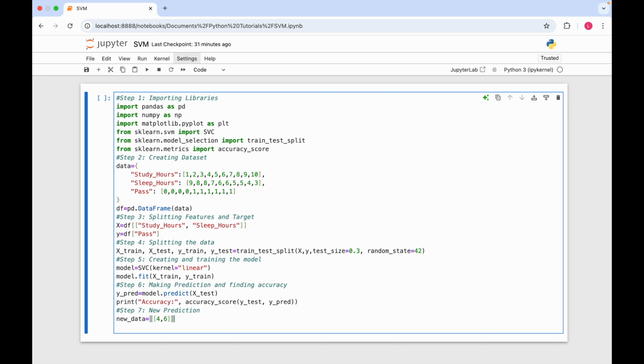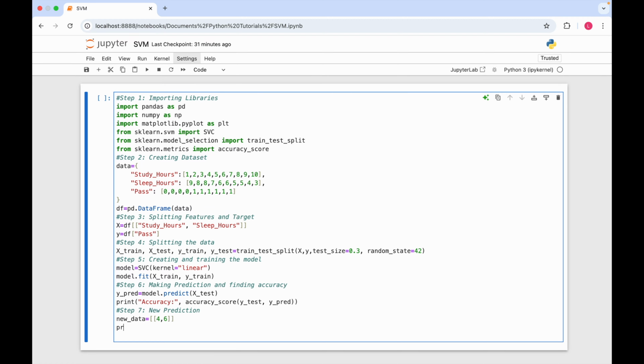Here we are trying to test the model with a new student data such as study hours equals 4 and sleep hours equals 6. And then I will write prediction equals model.predict(new data),